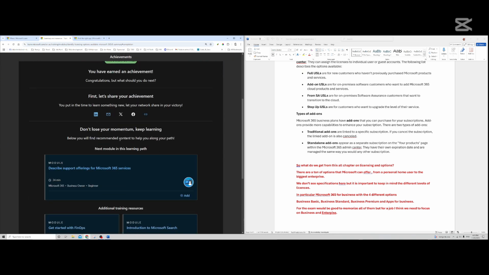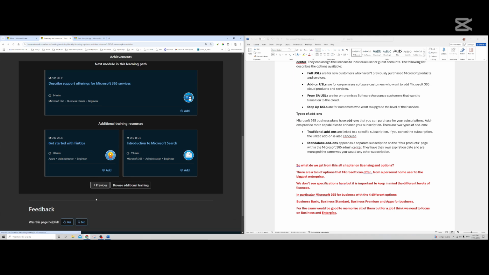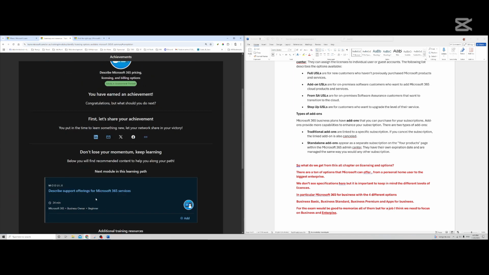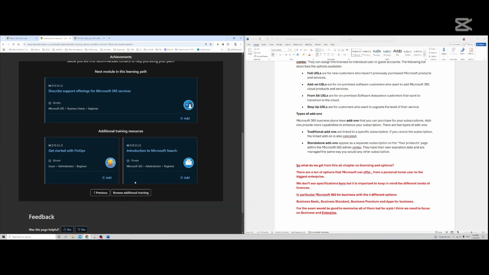Describe support offerings for Microsoft services. If we want to add to the plan. Otherwise, introduction to Microsoft Search. Get started with FinOps. No, I don't know this stuff. Well, there is quite a bit that we have to go through anyway, so let's